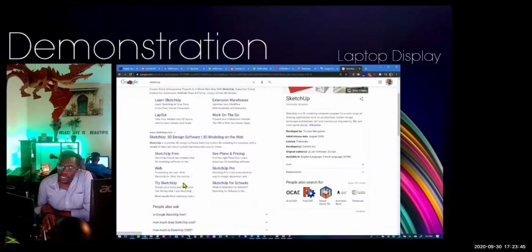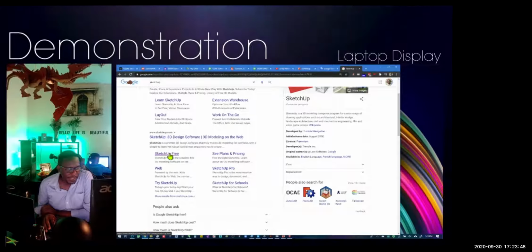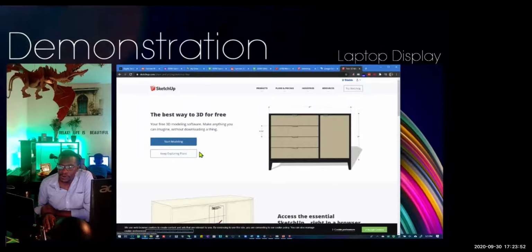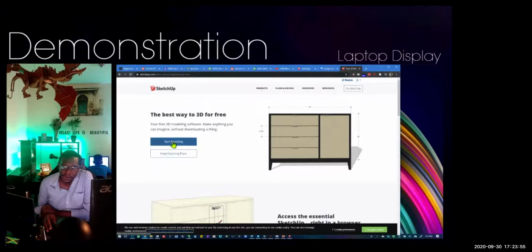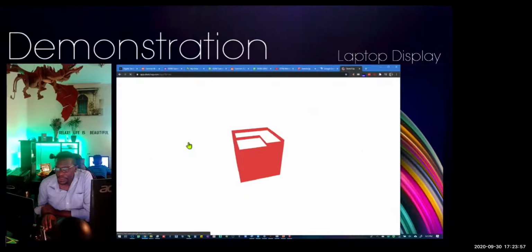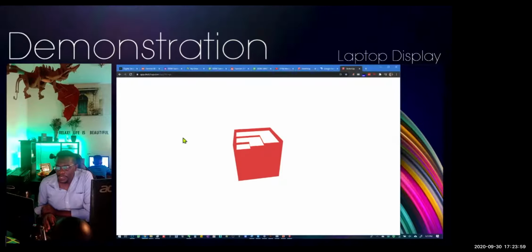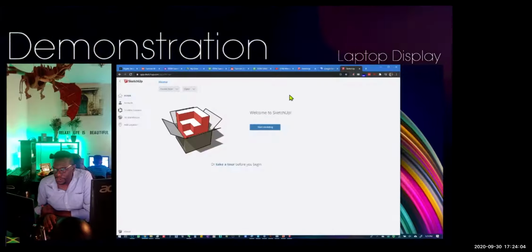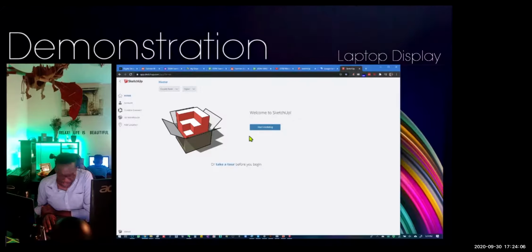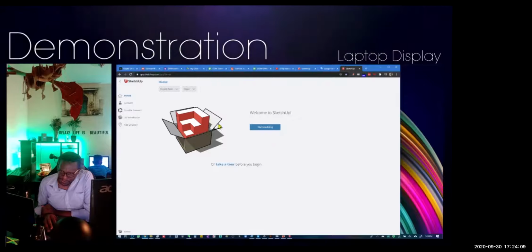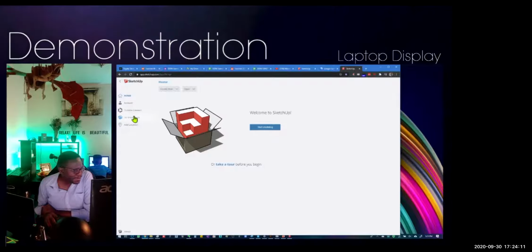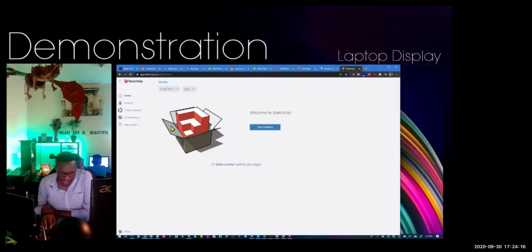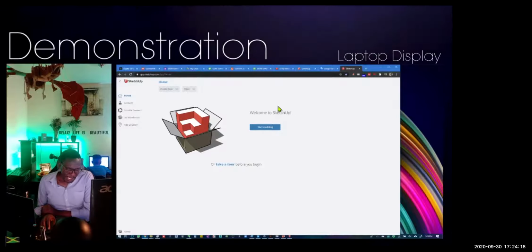You will see SketchUp Free, which is another version of SketchUp, and that is fully available for you to use in a browser. You just go to SketchUp Free and click start modeling, and you can basically do what I'm doing now in your browser. In addition, you can also download it. That's all I'm saying. As for SketchUp Pro,